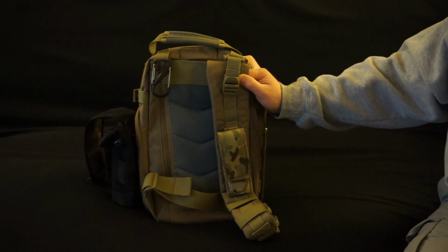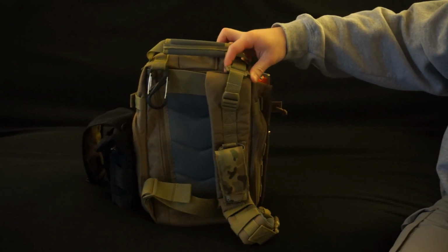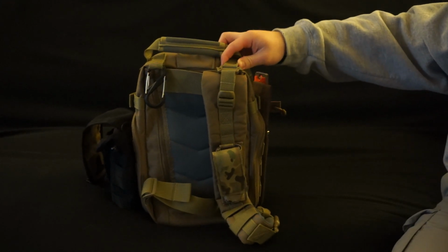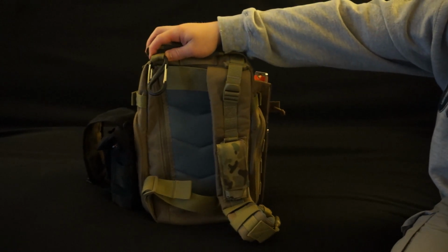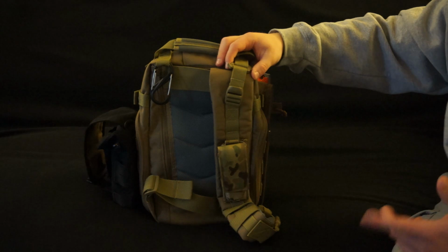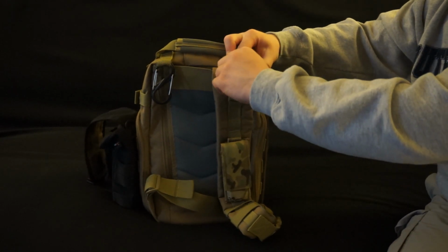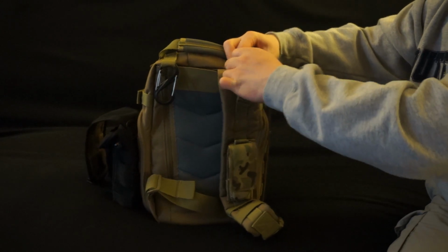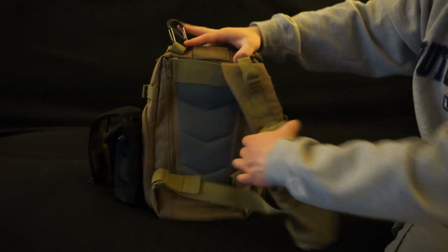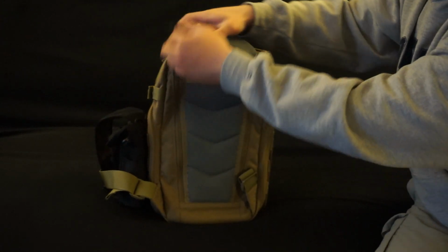So how this works here is you have a kind of a lock up here. I don't know exactly what these are called, but basically it's used to connect the little endpoints here on the top of the bag to the strap. So if you want to move the strap from one side to the other, you undo this, pull that out of there, and now you're free to move the strap from one side to the other. So in order to do that, you need to undo these zippers,